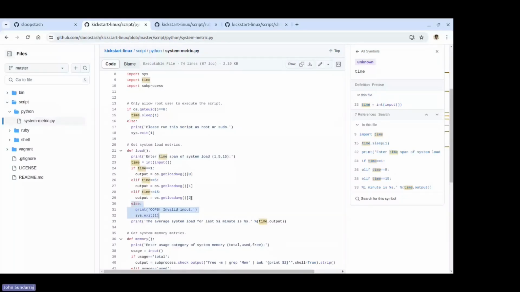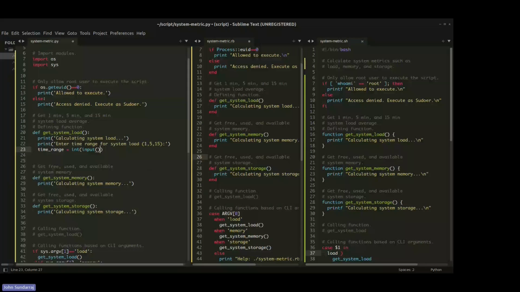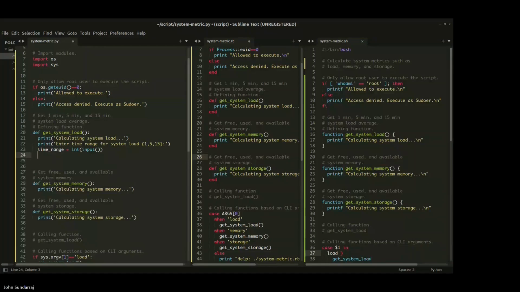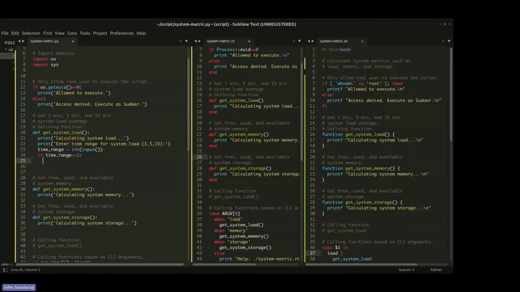You see why we are doing it like that. So now I'm going to write that logic. Please listen carefully. Time range equals input from the user. Then I'm going to have my plain if condition. If time range equals 1, then what load are you calculating? You are calculating the